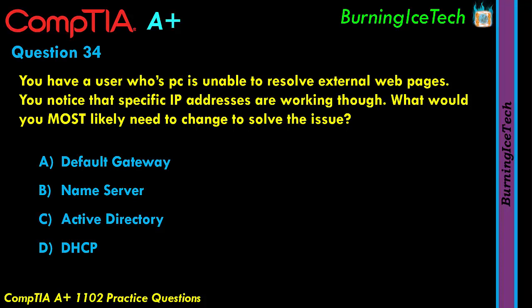So if we look at the question again, it says your user has a PC that's unable to resolve external web pages. You notice that a specific IP address is working though. So if you go and type in the IP addresses for those websites manually, which is something you can do, the web pages load. But if you try and load them by typing in the actual names of the websites, they don't work. That tells us it's the domain, the DNS. But DNS is unable to resolve those IP addresses or those names. It's a DNS issue. So the answer is B, but just in case you're curious what C and D is,